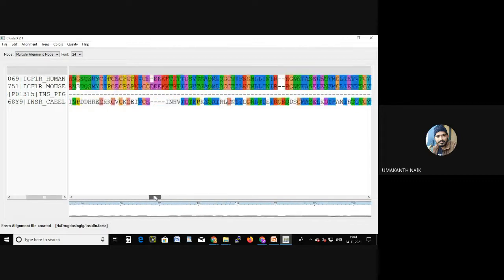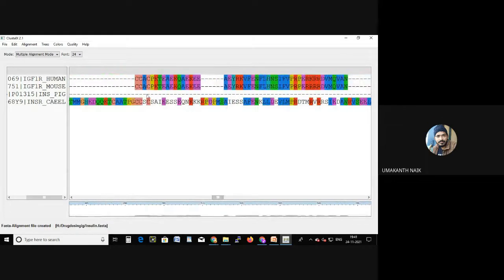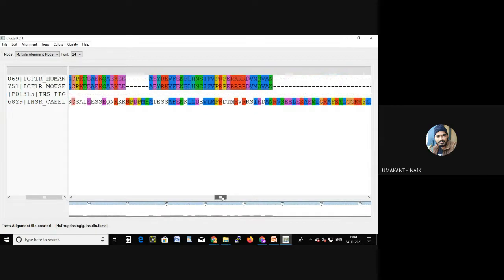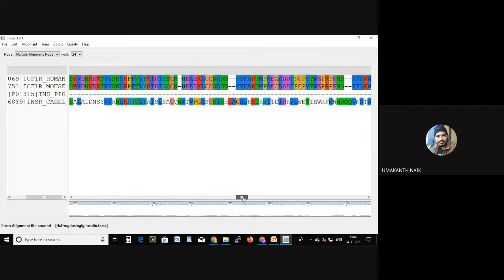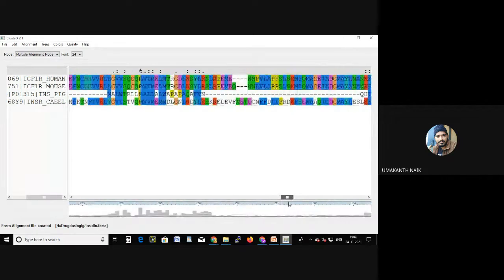You can see their files, everything. So all the similar residues, whatever having the similarity in the sequence alignment, you can find all the sequences will be aligned. So you will also be finding representations like this. You can see the star mark. The star mark represents that in human, mouse, pig and Caenorhabditis elegans, this particular amino acid was having similar